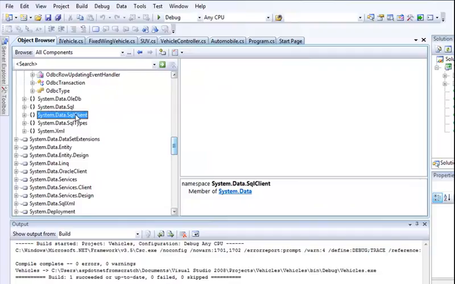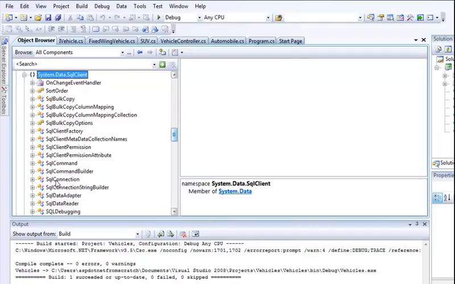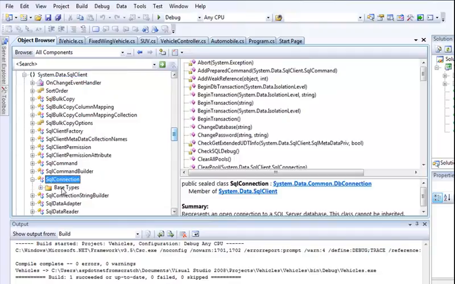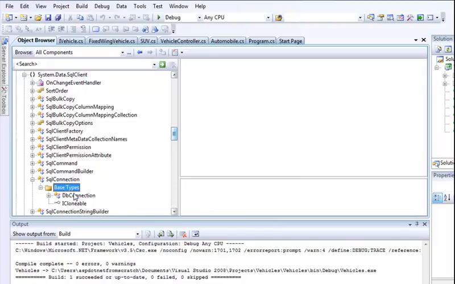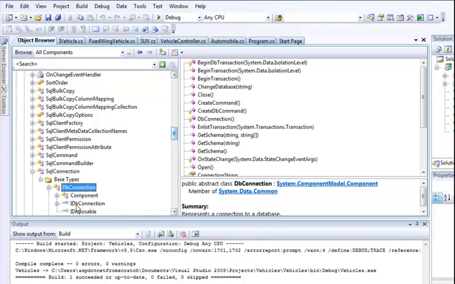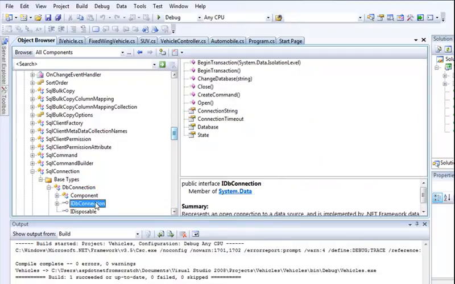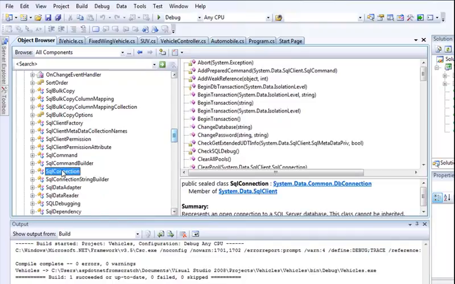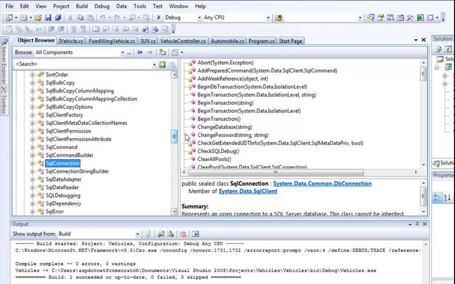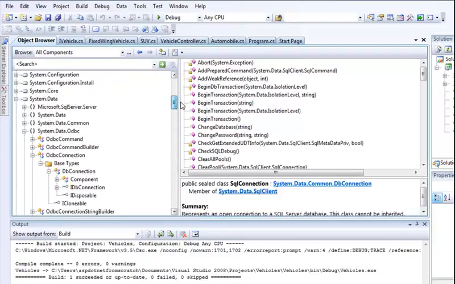If we go down to SqlClient and look for the SqlConnection class, it too inherits from DbConnection, which also implements IDbConnection. So we could even write a data access layer in abstractions, and then supply that data access layer with classes such as SqlConnection or OdbcConnection, and we could have a flexible application that could connect to a variety of databases,